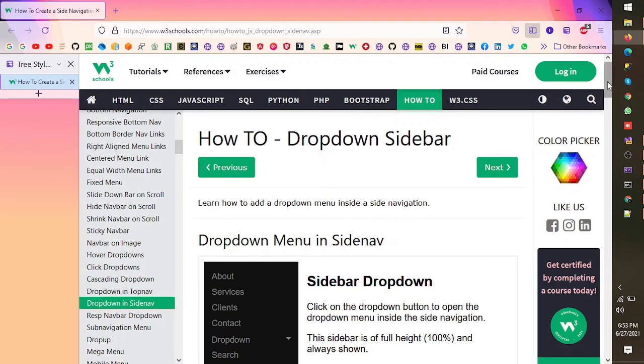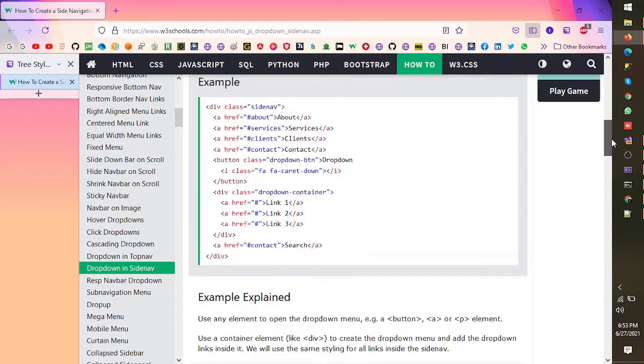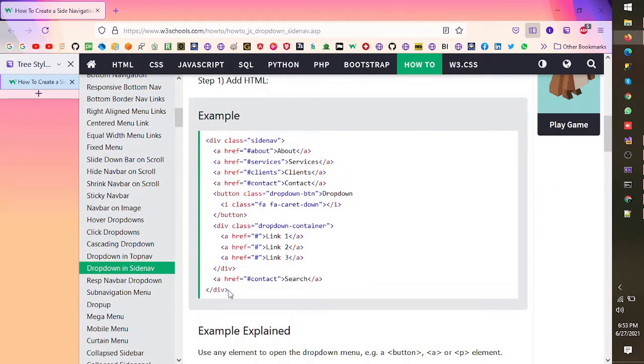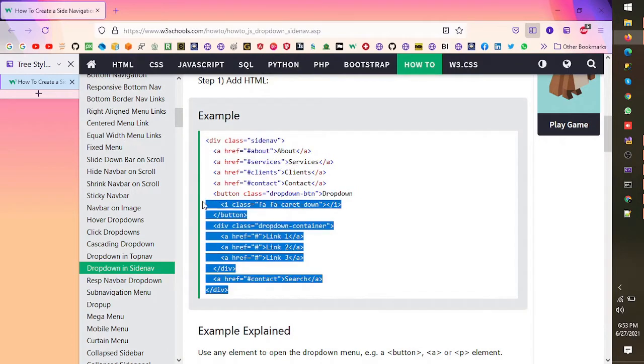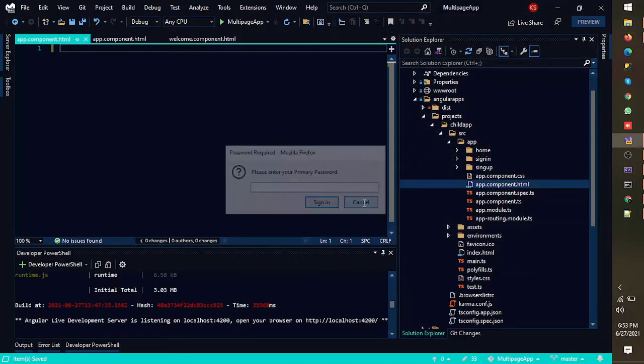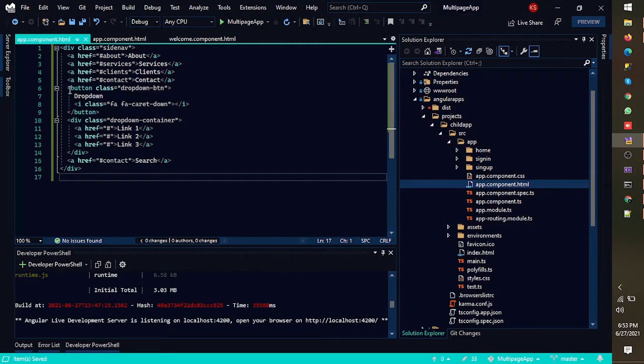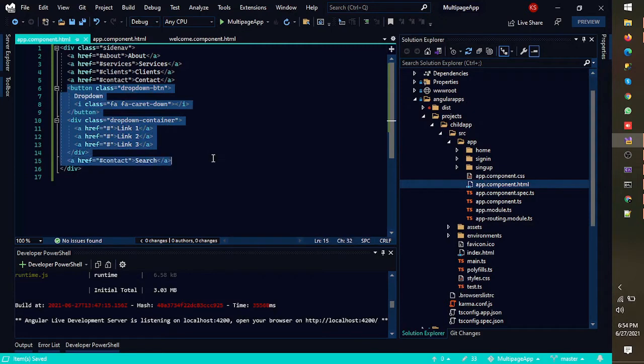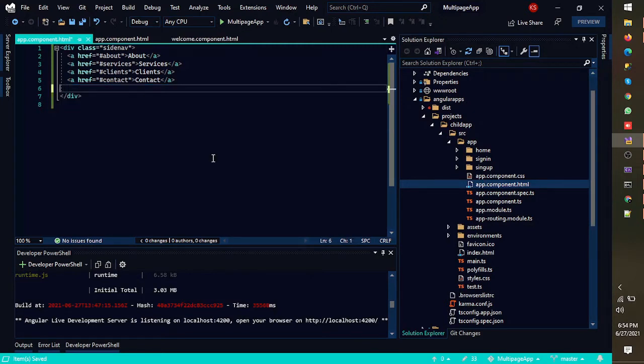This is the quick left navigation that I want to add. So I would just copy this. I would not need anything from the bottom.